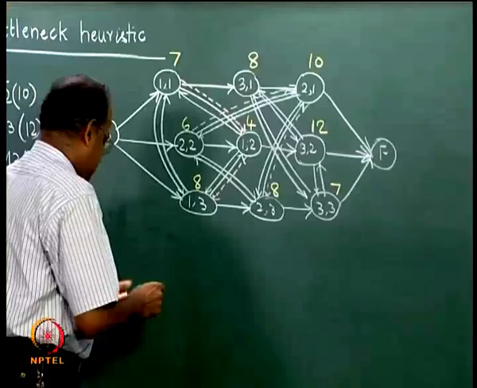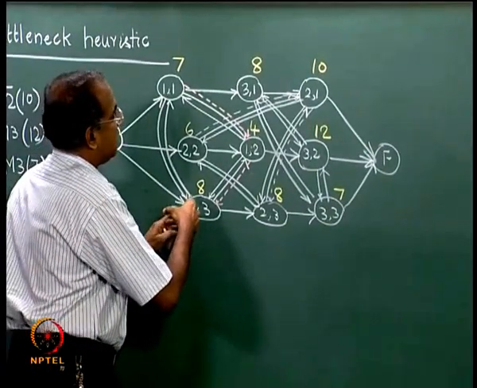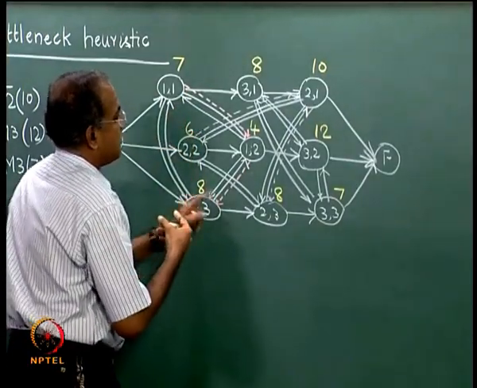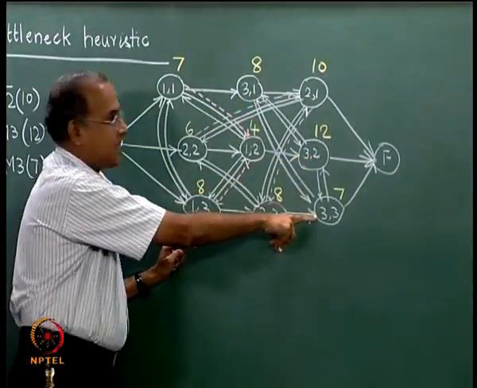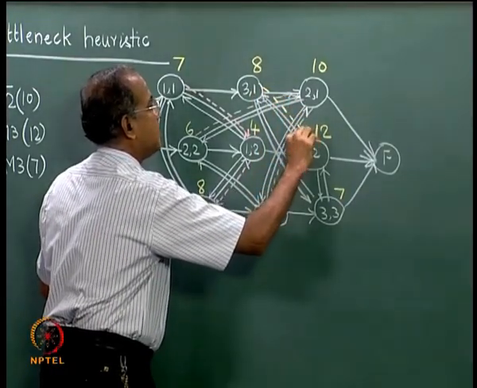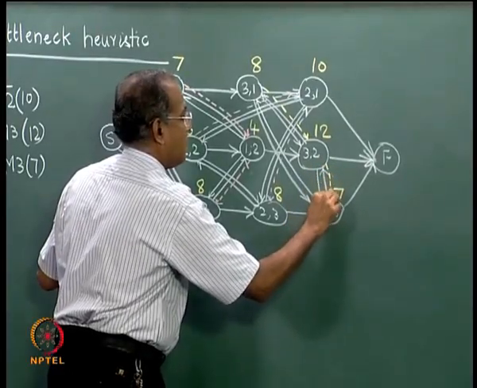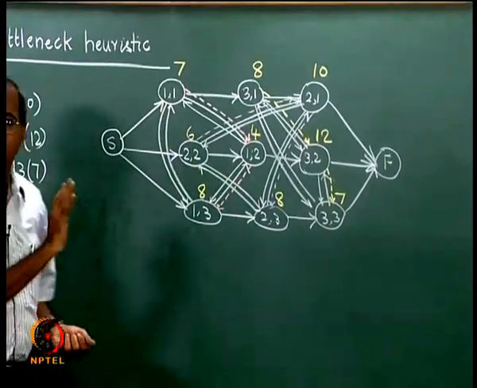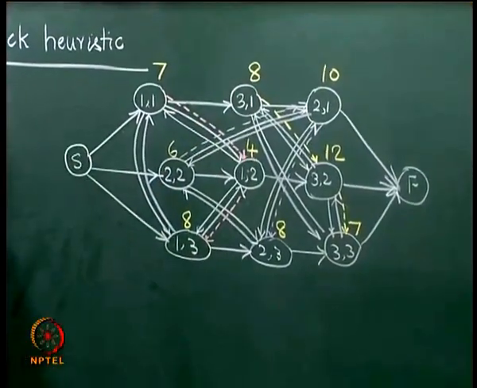Similarly, on M3 it is again J1, J2 and J3. So, on M3 it is first J1, then it is J2 and then it is J3. So, the order will be, and then J3. So, now this network has become slightly clumsy because I have overwritten the colored arrows, but then we have